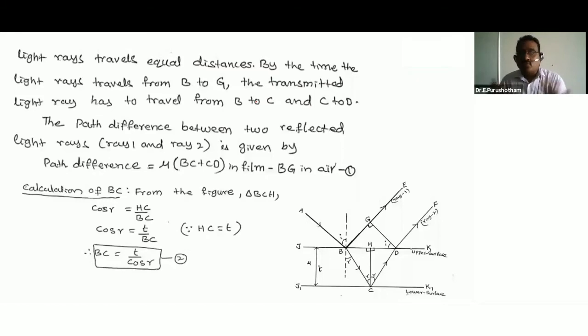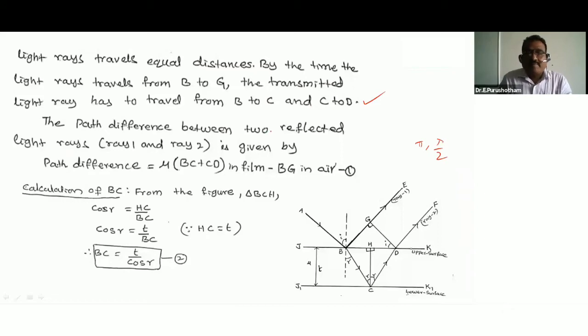You write in your own words what I am saying. AB, a monochromatic light ray, is incident on the upper surface at point B with incident angle i. Some portion of light is reflected as BE, and the remaining is transmitted through the thin film and incident at the lower point C. It is reflected and emerges from point D as DF. So ray 1 and ray 2 have a phase difference of pi, path difference lambda by 2. These are superimposed on each other and give rise to an interference pattern.